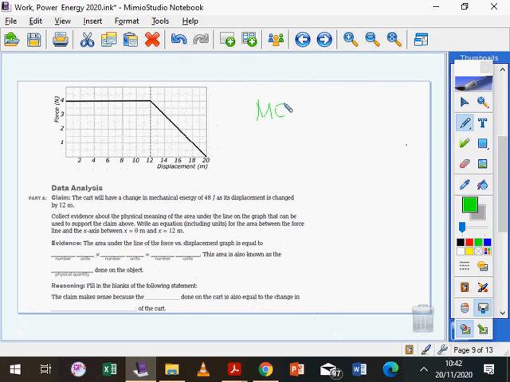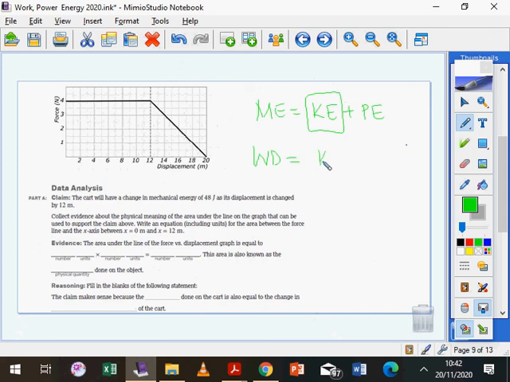In this case, since we only have kinetic energy, all the mechanical energy of this system is its kinetic energy. So is it true that the energy will change by 48 joules? What do we know? We know that when work is done, energy is transferred, right? Energy is transferred. So the work done to move this object is going to be equal to the kinetic energy